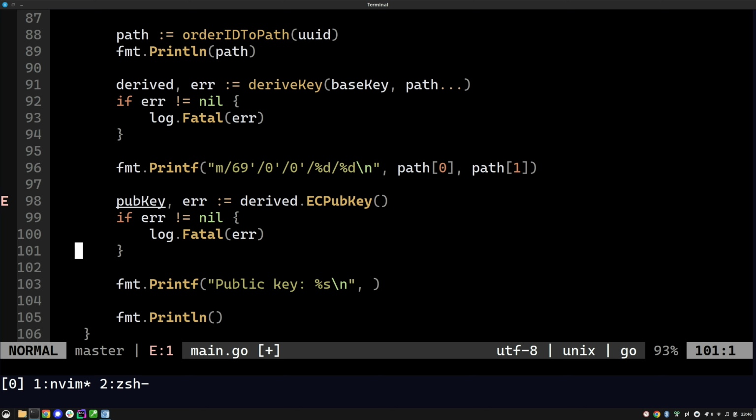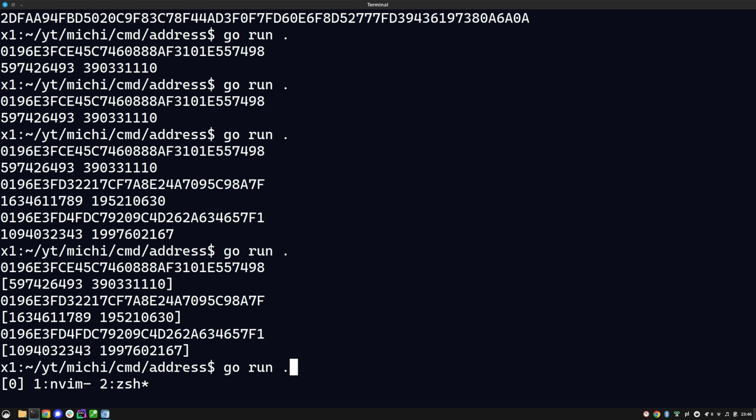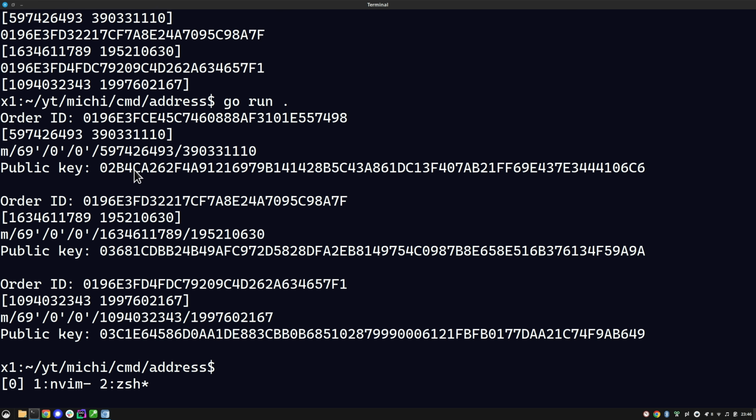and we can print this as a string. Wait, okay, I can only print it as serialized compressed, and then this is going to be a hex. So if I run this program, you can see that based on this UID, we're getting this derivation path and this public key,